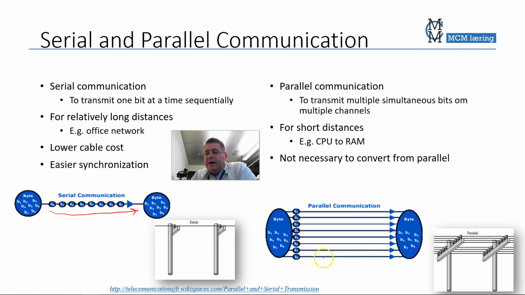And parallel, you have multiple lines between the sender and the receiver. So this is the sender and this is the receiver, sender, receiver. You would maybe immediately think that the parallel communication is much faster than the serial, but the problem is that